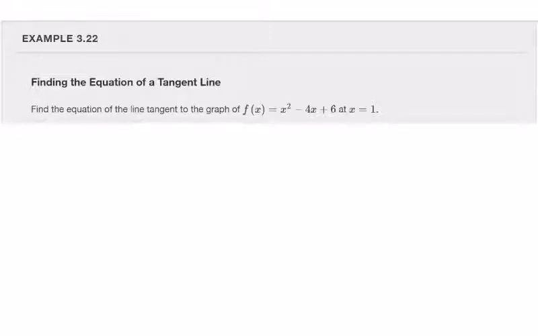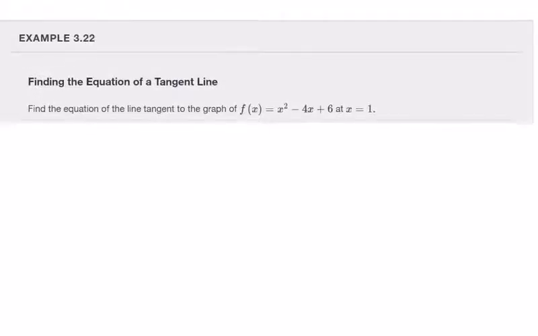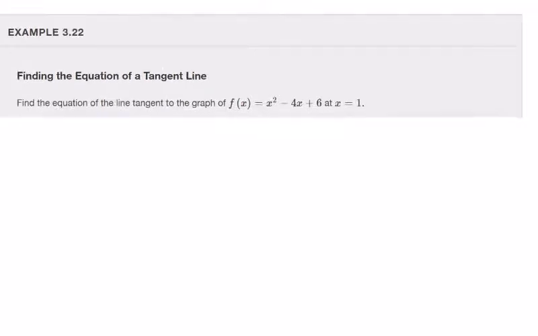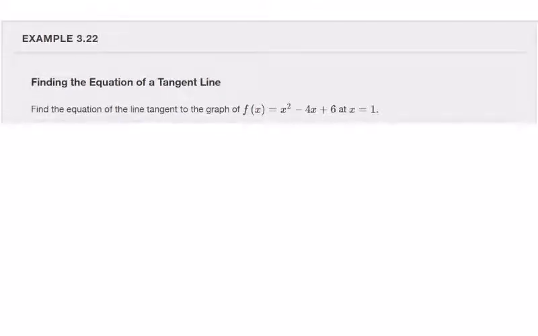All right, so like I told you earlier on in the video, the cool thing about these rules and these shortcuts that we have now, these formulas, is that now we can do some of those same things that we did before, like find the equation of a tangent line, but now it'll be a lot more efficient, right? So if I'm trying to find the equation of the tangent line to this function, then remember